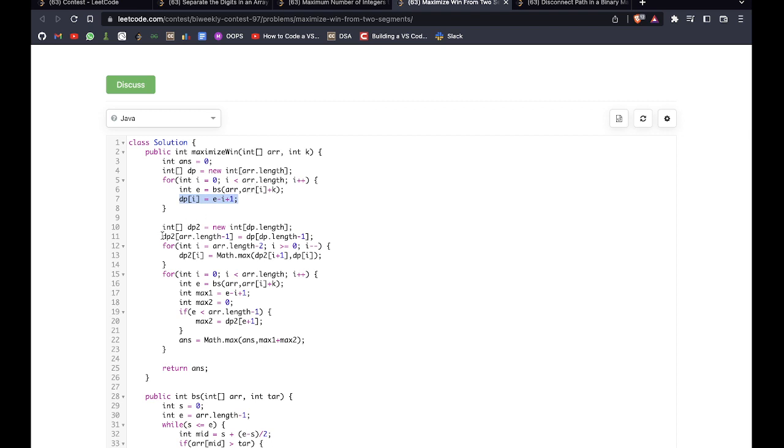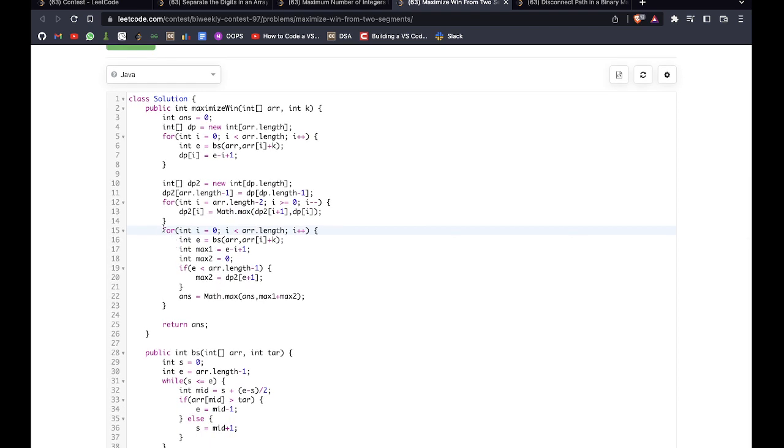So for another DP, we will store this DP value as the maximum we can get from this index till the last. So what I am saying is, the last would be only the last of this DP, and then we will check from array.length - 2 till 0, and we will store at this position the maximum element from this onwards we can get, and we will store this in the DP,